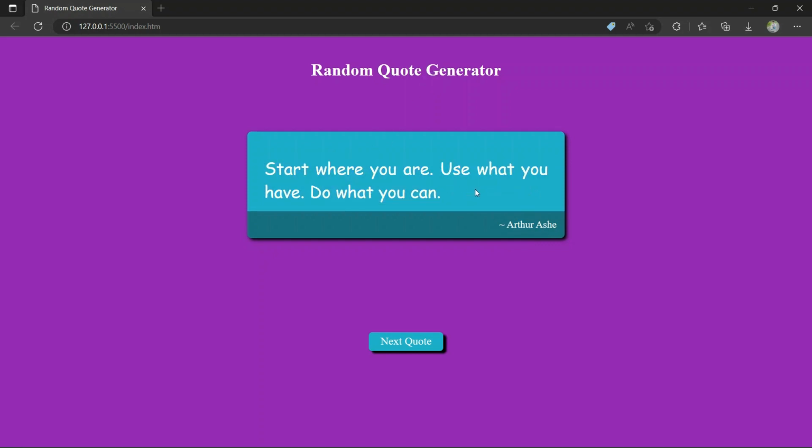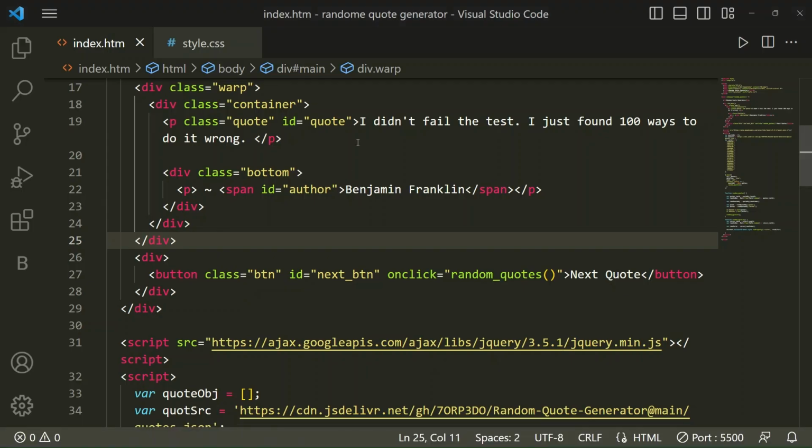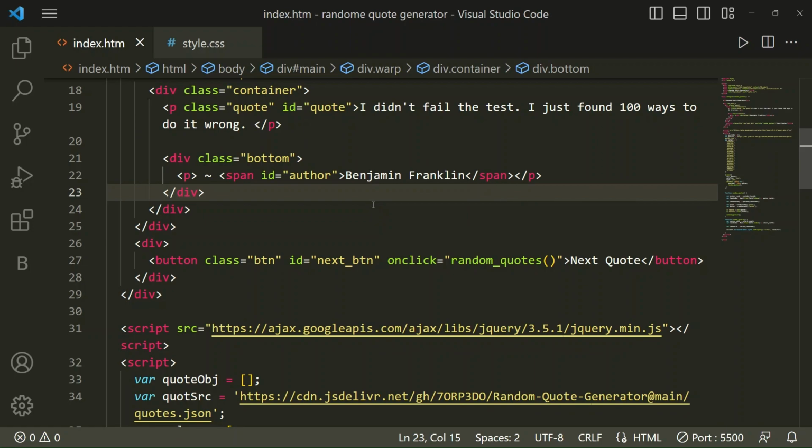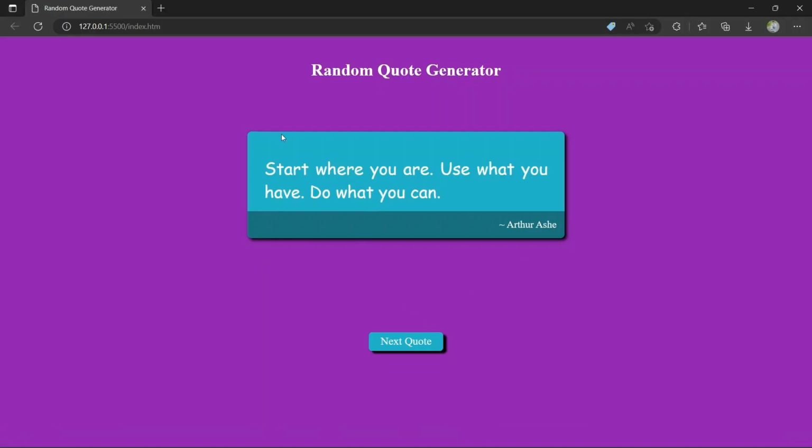When you are not connected to the internet, it will show this code, this Benjamin Franklin quote. When you are connected to the internet, it will show another random code. Start where you are, use what you have, do what you can.